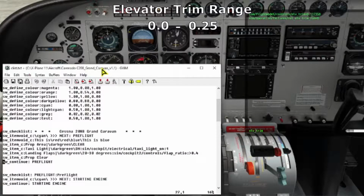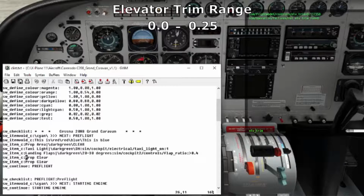So like before, I'll make a copy of this prop clear, and then I'll change the words prop clear to elevator trim, and then a vertical bar. We'll make this dark green, and I'll make my caption takeoff, then a colon, then I'll put in my DataRef, which was sim flight model controls ELV underbar trim,